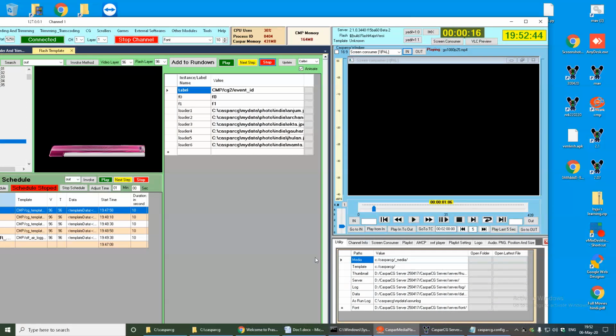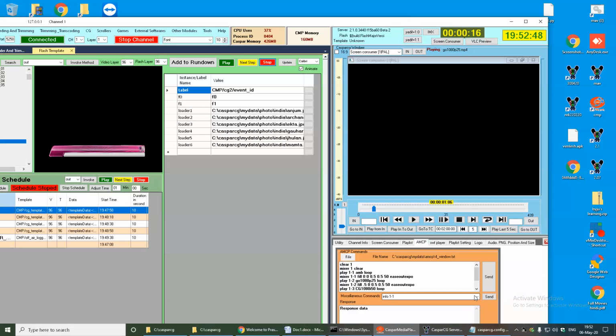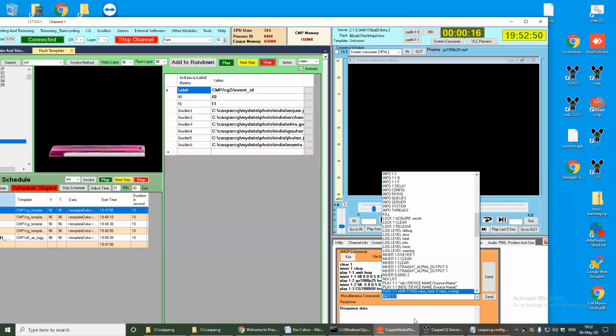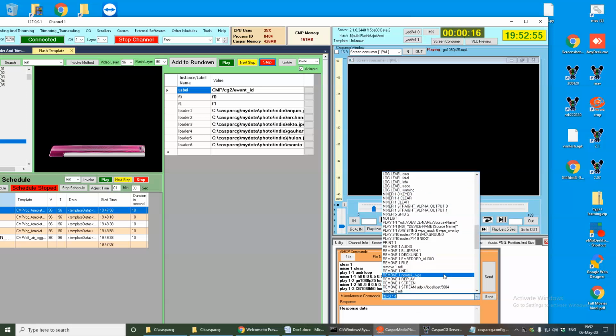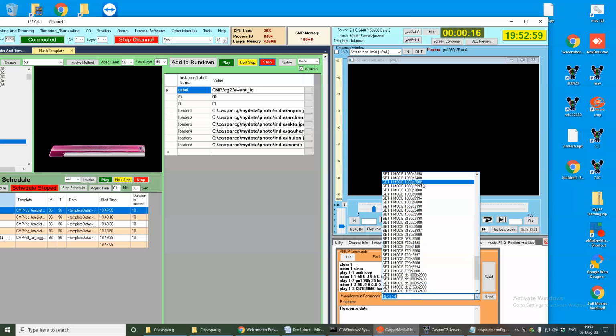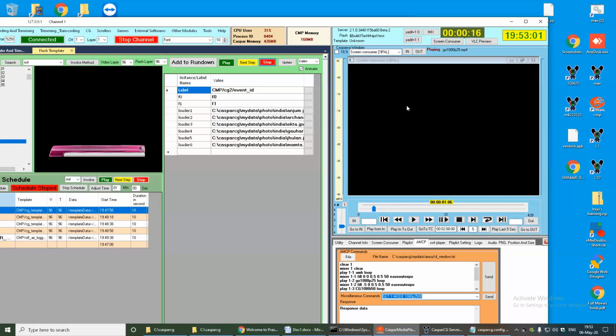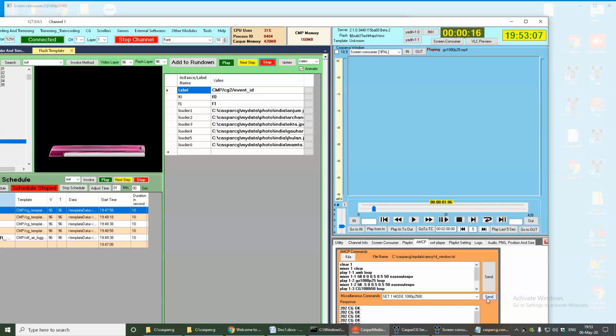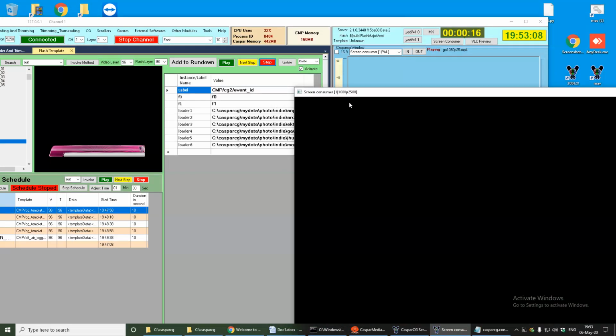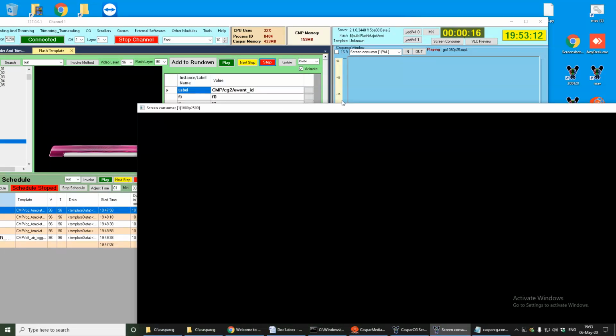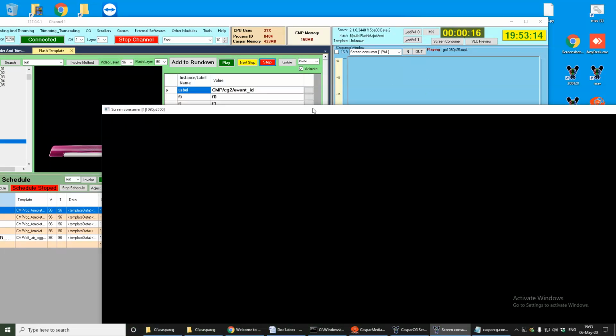The other thing is you can change the channel mode from here also, in the AMCP module, like set mode. So many modes are there, like this 1080p 5000. Select and send. So you can see here I have 1080p 2500. So when you click this window, I am telling you another thing.